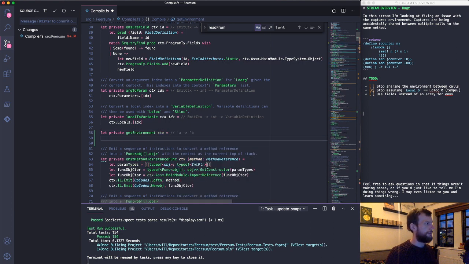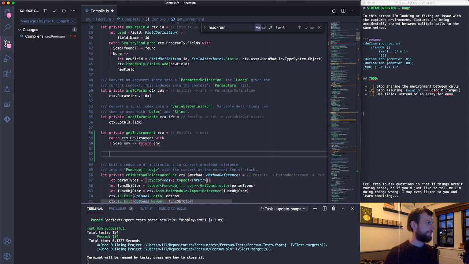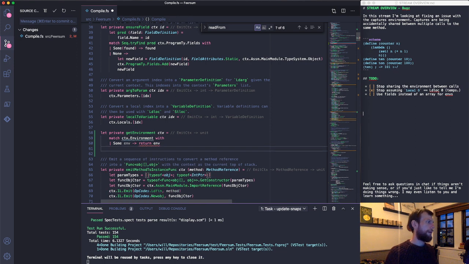And this is going to say match the context environment. If we have one, we just return it. And if we don't, we will